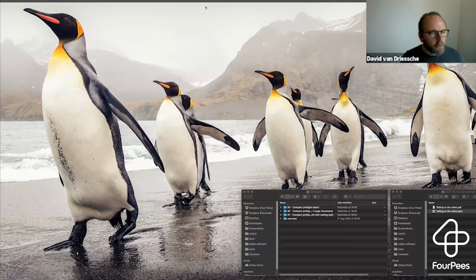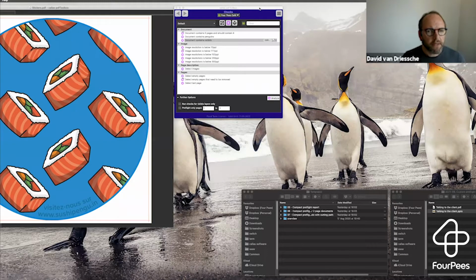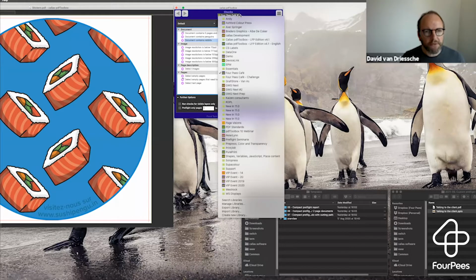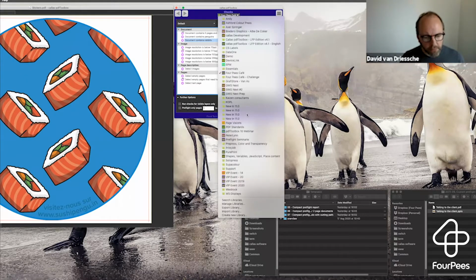Okay, so let's go to pdfToolbox. Meanwhile, if you have questions about the theory, don't hesitate and just ask. I'm just going to show you where you can find these things in pdfToolbox so you can get started creating your own. The first thing is that, like I said, this is integrated into the library system. If I go to libraries, so here in the profile window or in the switchboard window, if I open libraries and I go to manage libraries,